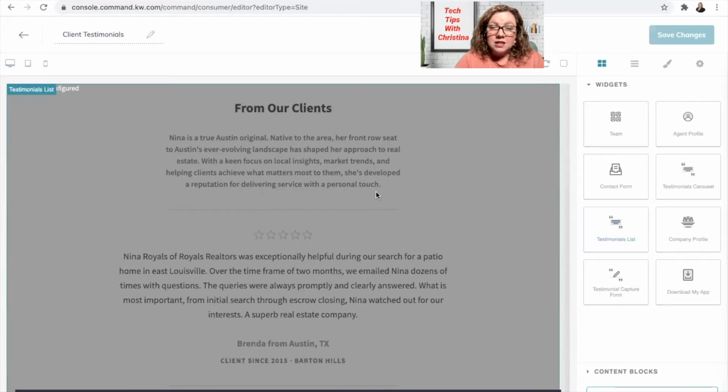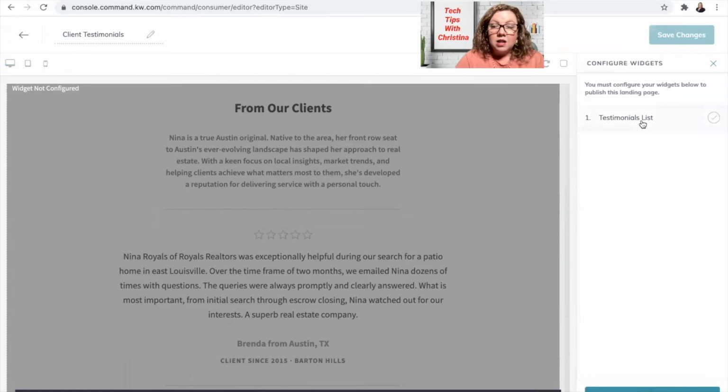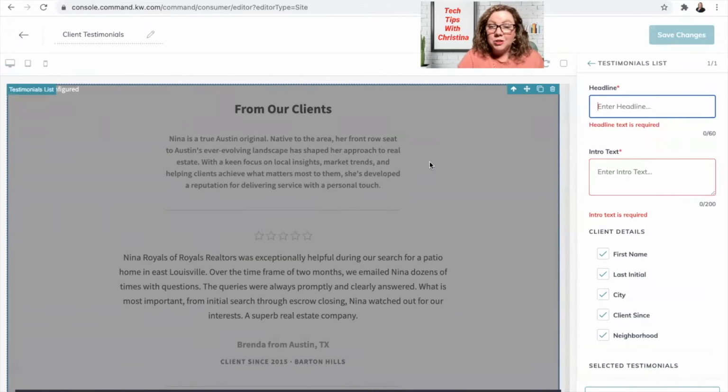So obviously this is set up and it's ready to be configured. It's got the gray overlay because that means it has not been configured yet. How we configure the widget is we click on that button at the very bottom right here, configure widgets, and then you click on testimonials list. Okay, so once you're on this page, for the headline, which is the bolded part at the top here that currently says from our clients, we can just put